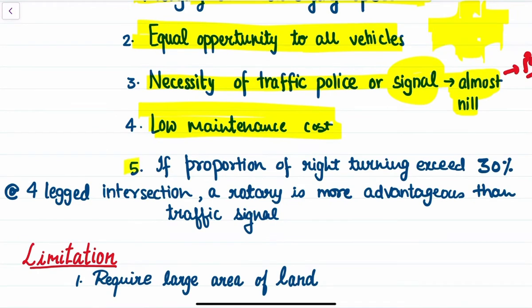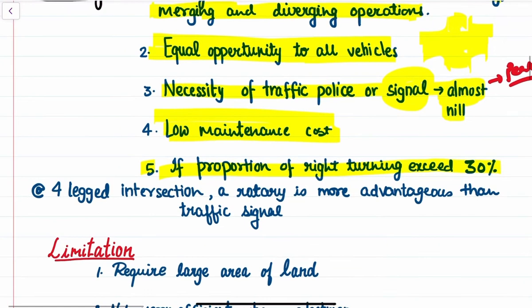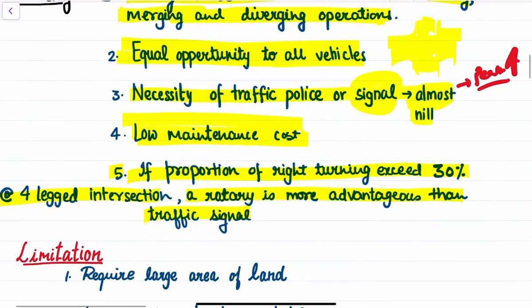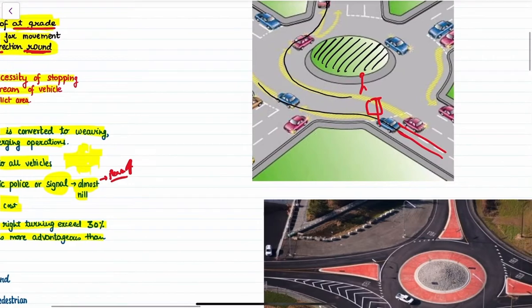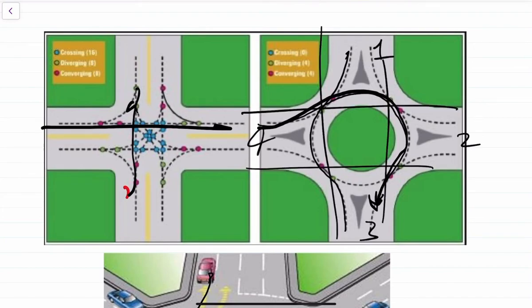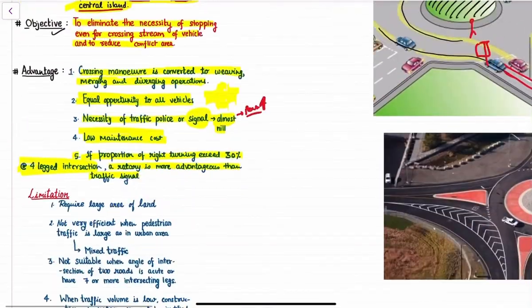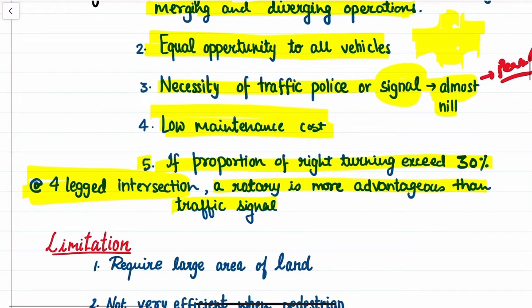Another advantage is, if the proportion of right turning traffic exceeds 30% for a four-leg intersection, a rotary is more advantageous than a traffic signal. By four-leg intersection we mean these are the legs, right? This is leg 1, this is leg 2, leg 3 and leg 4, right? So in case of a four-leg intersection, if the right turning traffic